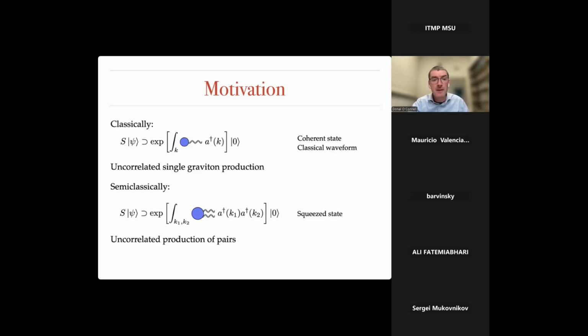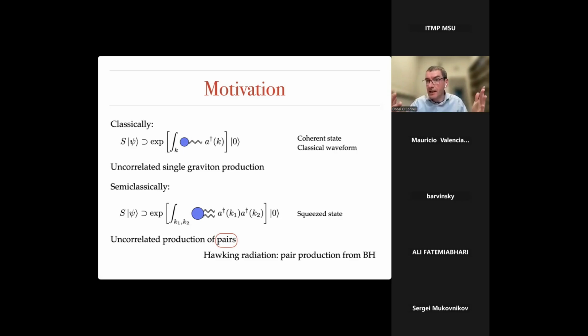But those are uncorrelated. And this is known to be the situation when you have Hawking radiation. So for Hawking radiation, the final state is always a squeezed state of this form. So it's very similar, you see, again, to the gravitational waveform. In the gravitational waveform, we have just this exponentiation, single particle production. In the Hawking radiation, there's an exponentiation of these pairs. If you want to understand the Hawking process, all you need to do is understand this pair production amplitude.